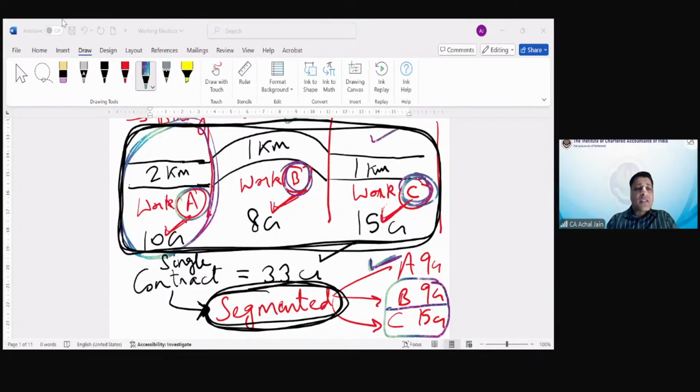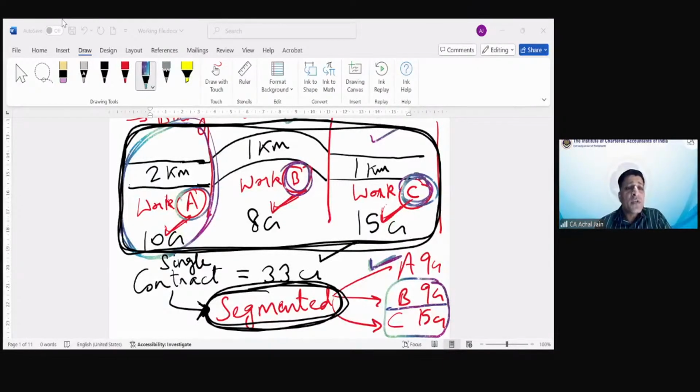Okay, so Hardik is asking, so sir, in segmenting, all the three separate values will be given? Yes. See, you will not be required to derive the values. So separate values will be given to you in case that is required to be segmented. Of course, you will be given a combined value, and if you are required to segment that, separate values will also be given.